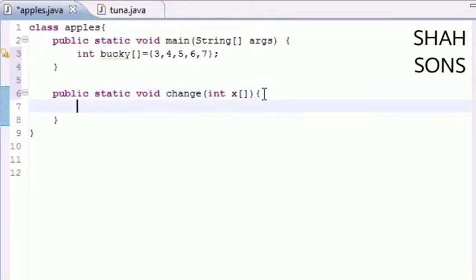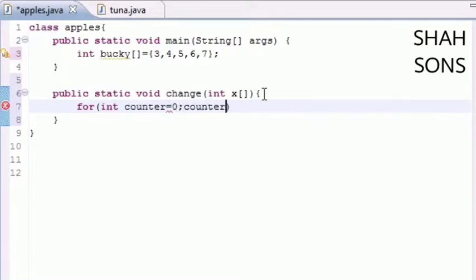Next, let's add something to the method that we just built. So in this method, what do we want to do to change our array? Let's just say we want to take all the values in our array and add 5 to them. Just add something real simple so I can show you guys. So just add a basic for loop to loop through it. Int counter, let me make sure I spell it right, set it equal to 0 because that's the first